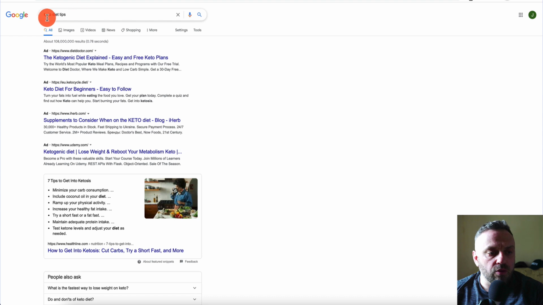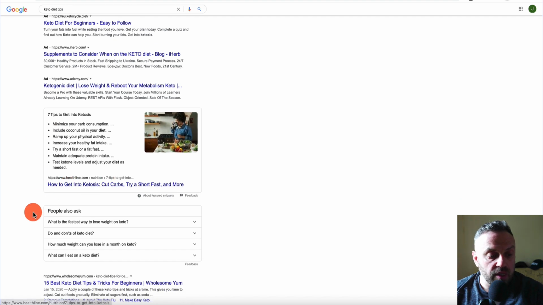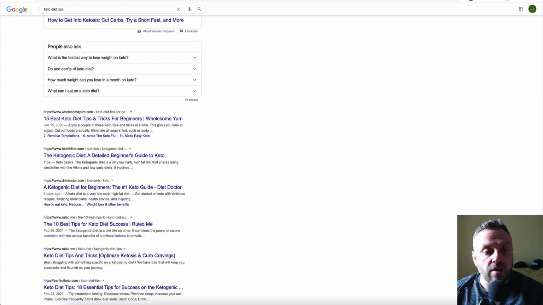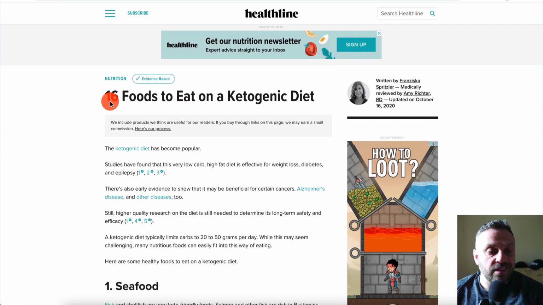So if you go back to Google, you can type keto diet tips. And what you're looking for is a list, right? And so here's a list: how to get into ketosis, 15 best keto diet tips, the ketogenic diet, etc., etc. So here I found an article from healthline.com, and this is called 16 foods to eat on a ketogenic